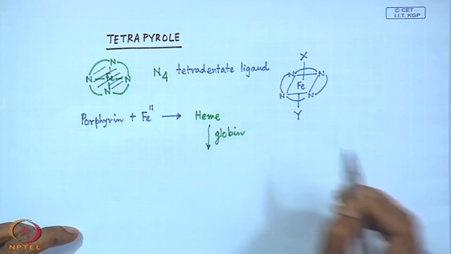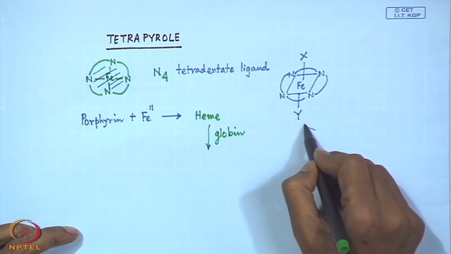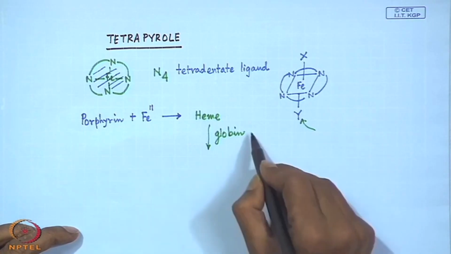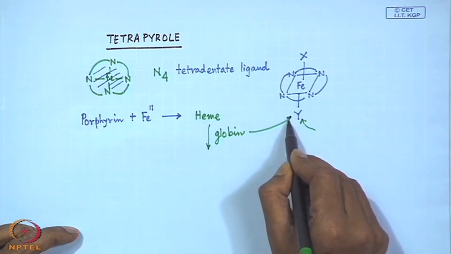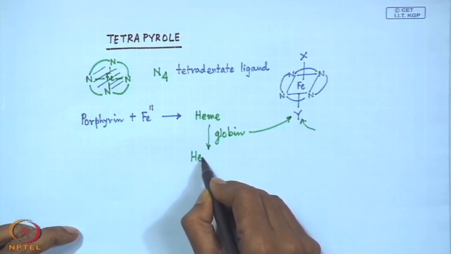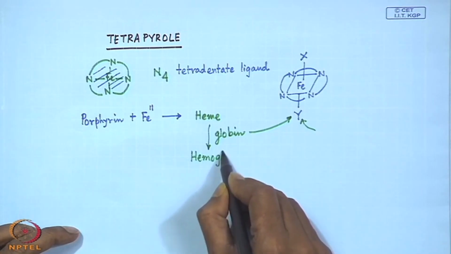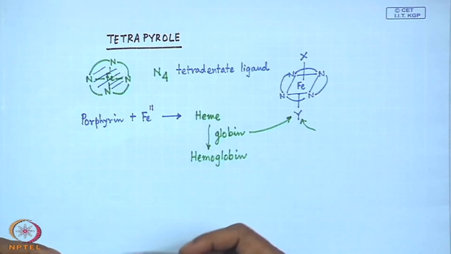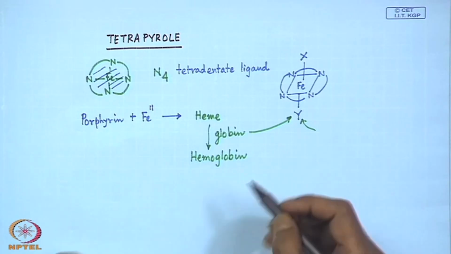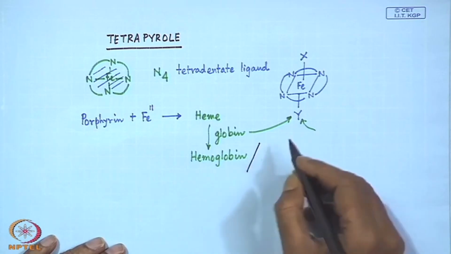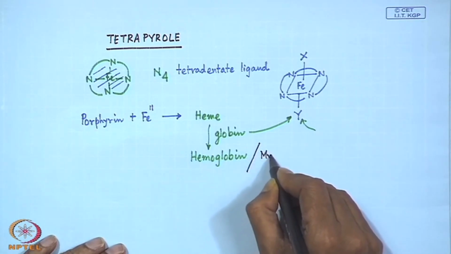which is globin, and this particular globin is responsible for the coordination from this Y. So, the globin is responsible for coordination from Y, and we get hemoglobin, which is present in our blood, and hemoglobin is the molecule responsible for our oxygen trapping reaction. There is not only hemoglobin, but we can also have the myoglobin molecules,